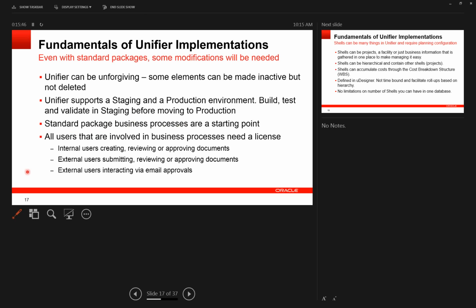As far as licensing goes, anyone working internally in Unifier, of course, would need a license, but also external users who may submit, review, or approve